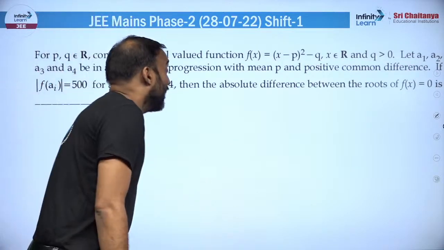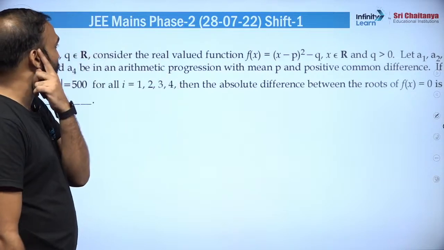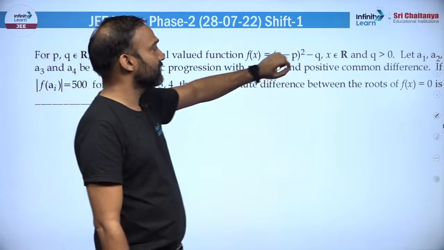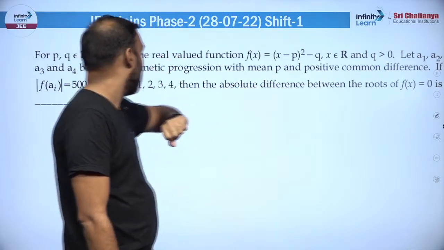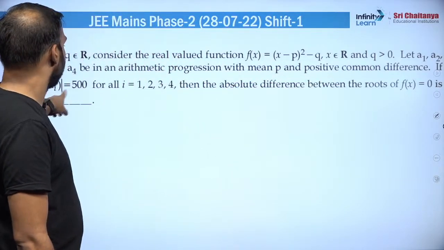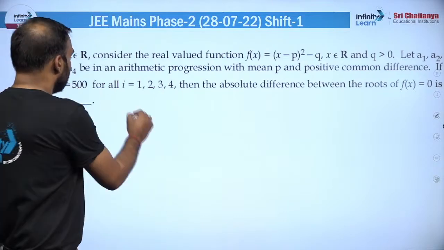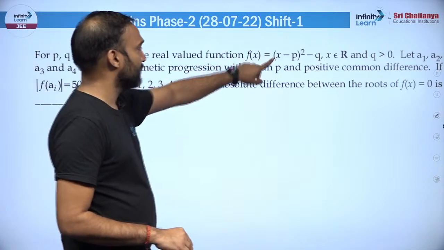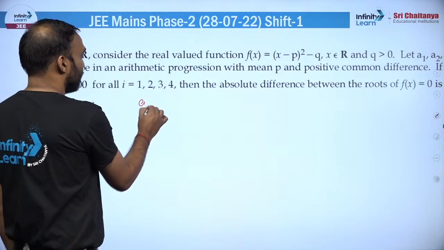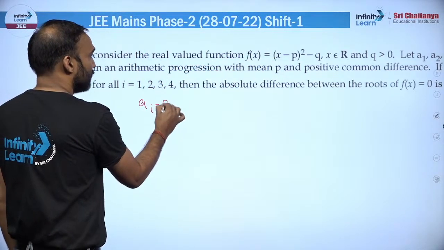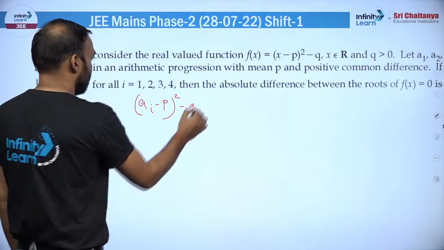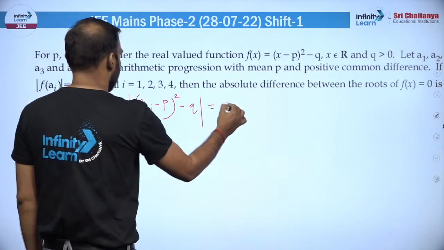Now next one, I have f(x) equals (x minus p) whole square minus q, a1, a2, a3, a4 are in the AP. Once again, mean is given and the common difference is given as positive. So if modulus of f(ai) is equal to 500, so if modulus of f(ai), what is f(ai)? Instead of x, I can put ai. So I can write f of ai as (ai minus p) whole square minus q, right? This will be equal to 500,